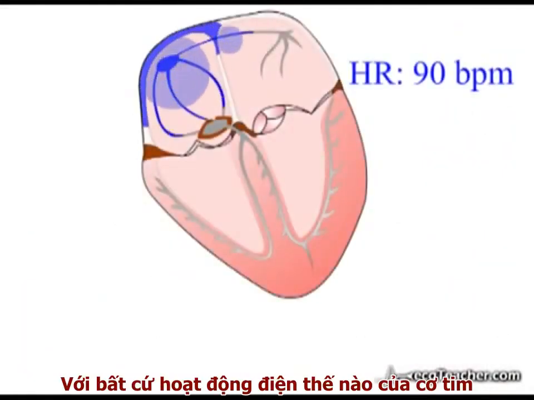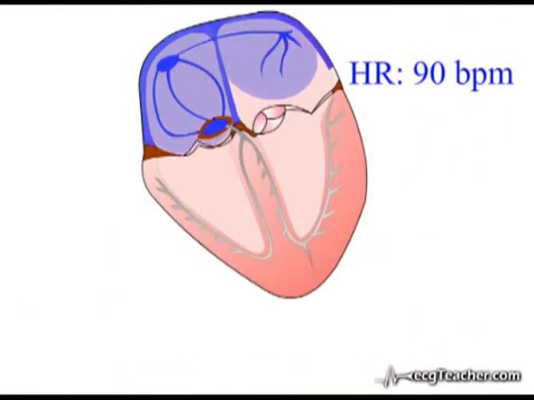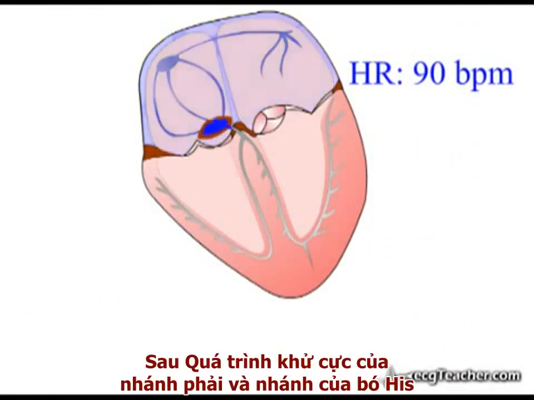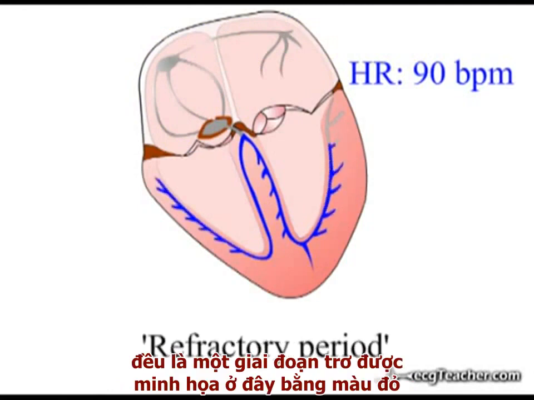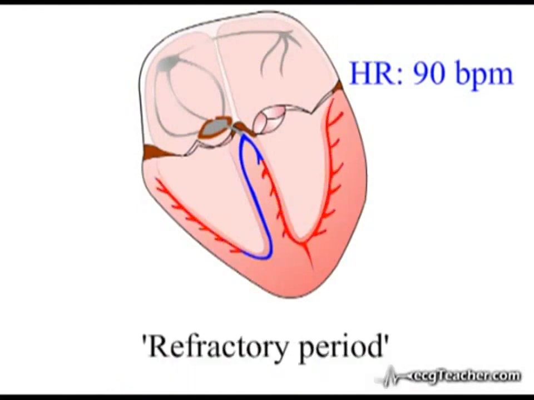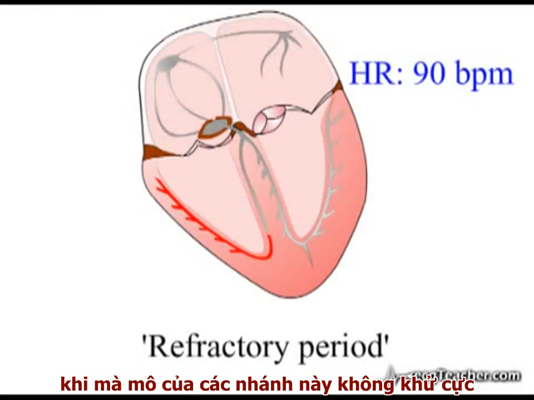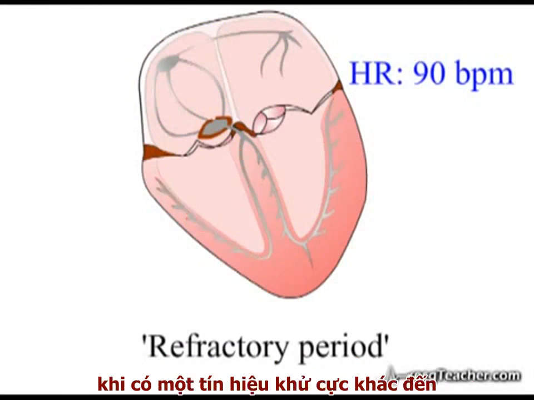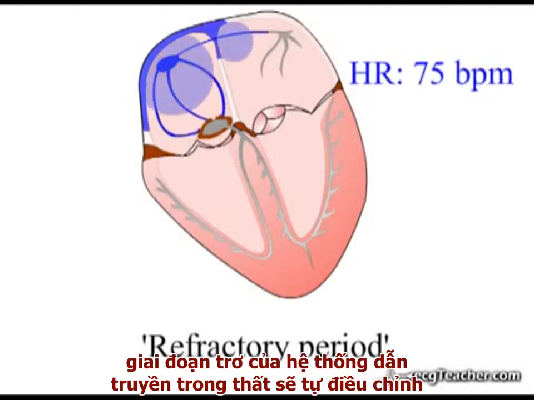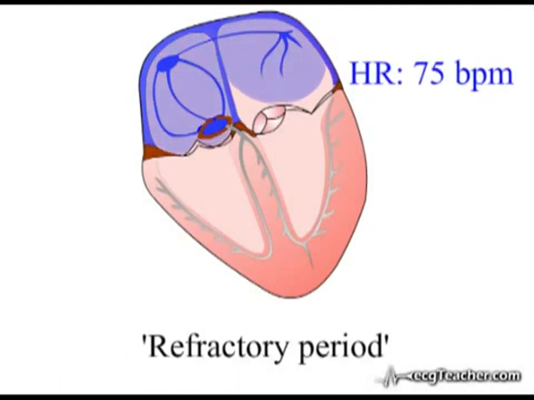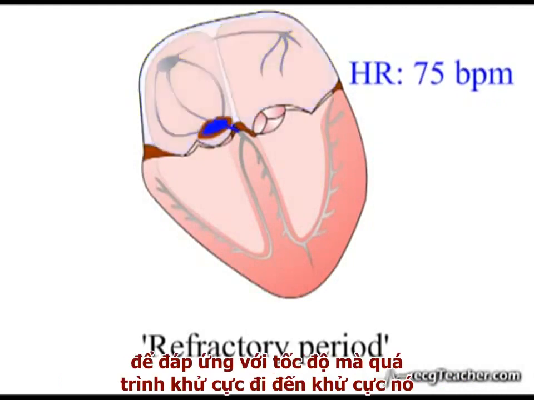As with any electrically active cardiac tissue, depolarization of the right or left branch of the bundle of His is followed by a refractory period, illustrated here in red, when the tissue of the branches will not depolarize in response to further signals. Furthermore, the refractory period of the ventricular conducting system adjusts in response to the rate at which